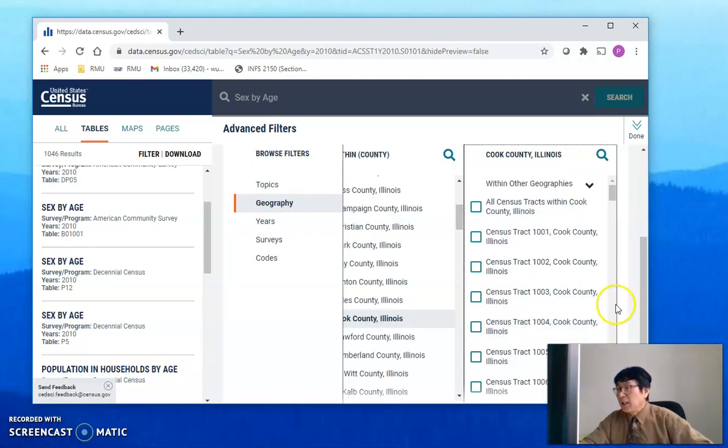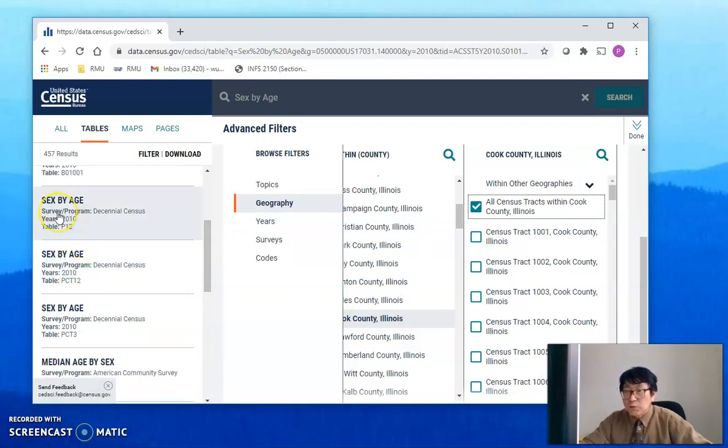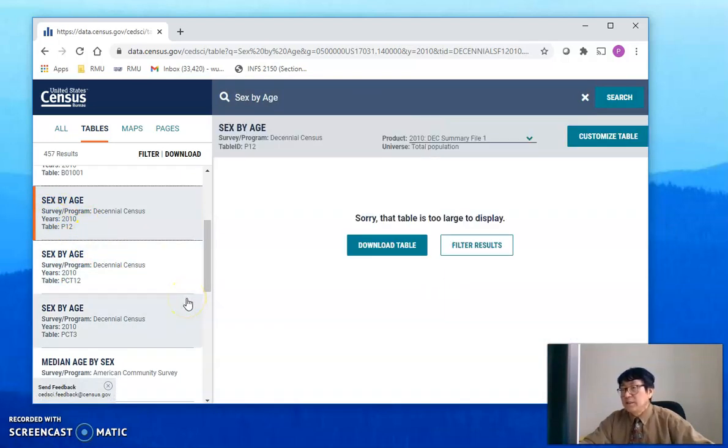Okay. And then it lists all the different census tracts. Which one do you want? But we want all of them, right? All the census tracts. So we click on this one. All. Okay, so we are basically done with our choice. And oh, we have to specify the table too. We have to choose this one. Okay, it marks that. Now, once you choose that, it should basically show you a portion of the table there,